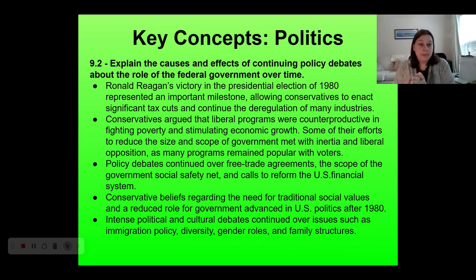The other next big thing that we need to pick up, where we left off in 1980, is what is going on in United States politics. I think it's useful to know a couple of specific things about the Reagan administration, and then everything else we're going to talk about with politics, we're going to talk about more as general trends coming up here.